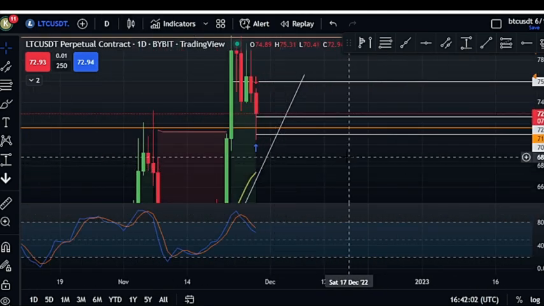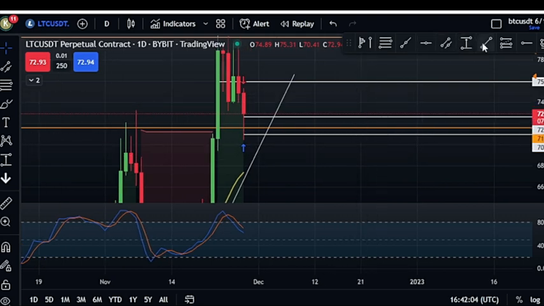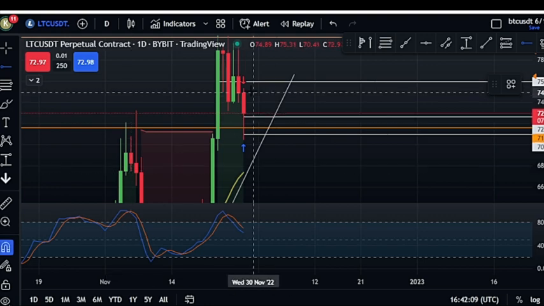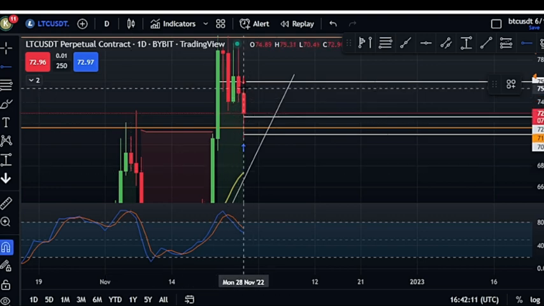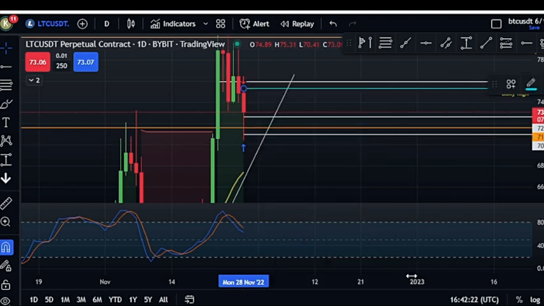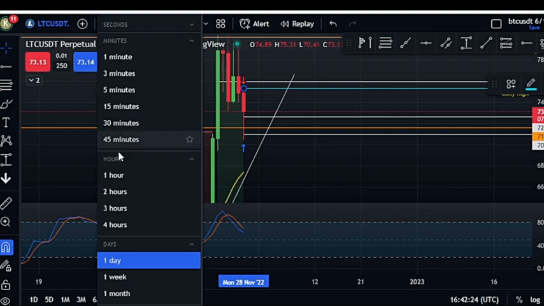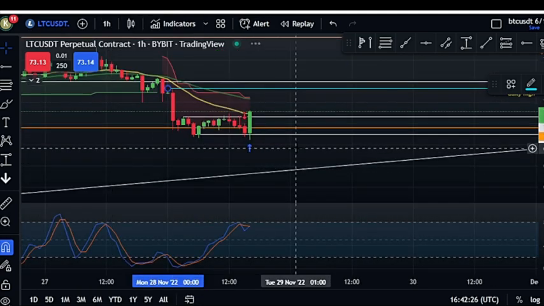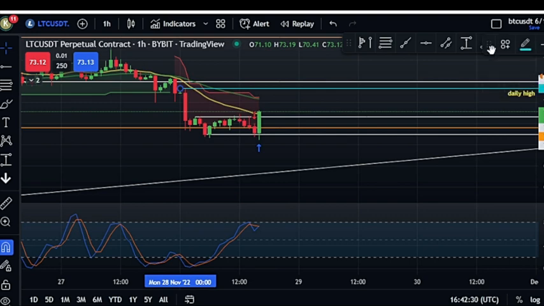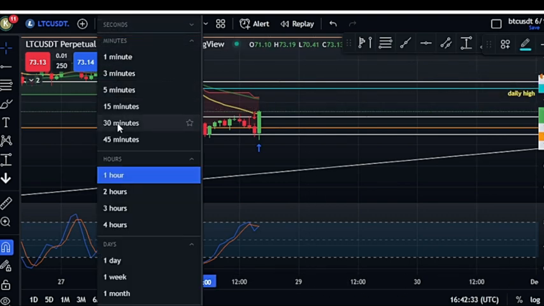Okay, so the daily candle is that. So we want to mark our daily open here, just in case we go above it. That would signal a total trend change. I want to give it a different color. Daily high. And we want to go back to our 1 hour, check how it is. So daily high is there, still far away. And the 30 minutes,